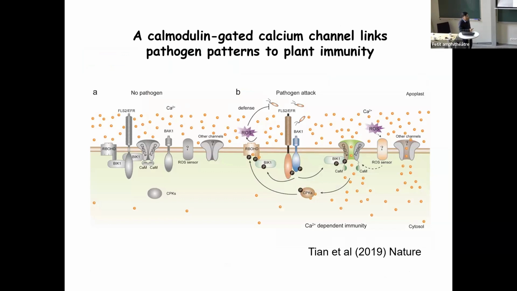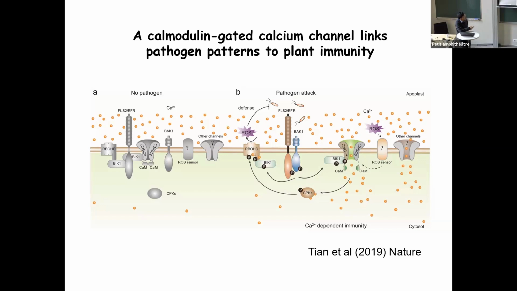We know 30 years ago from Dirk Schill's lab, actually, he found that calcium was an important messenger for plant pathogen response. But the mechanism of how calcium gets into the cell remained unresolved until a few years ago. We found a CNGC type channel that plays an important role in this process, mediating the pathogen-induced calcium entry. Without pathogen, this channel is inactive.